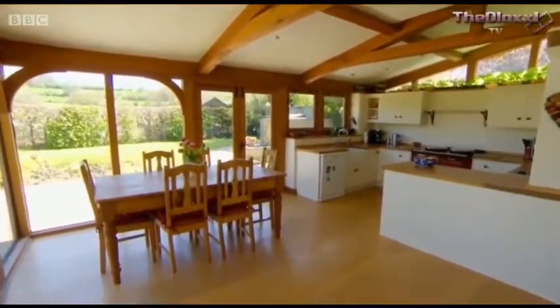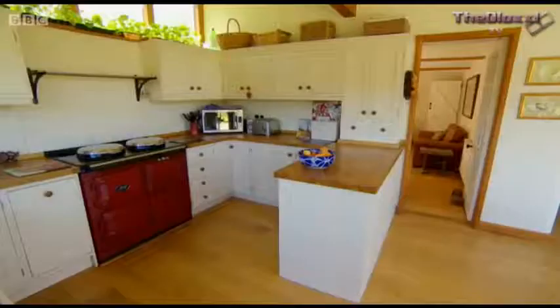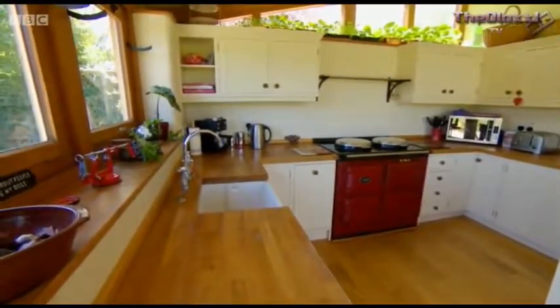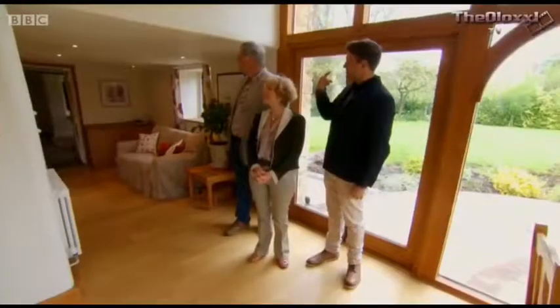Yeah. I love that. What is it that jumps out at you immediately? Oh, the beams. Yeah. The spaciousness, because this is a family entertainment. So this was the extension that they put on relatively recently. And as you say, lots and lots of space. Were you OK coming in through the...